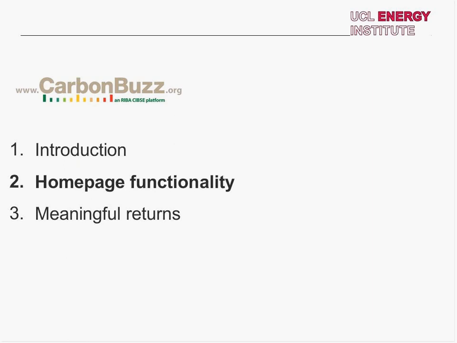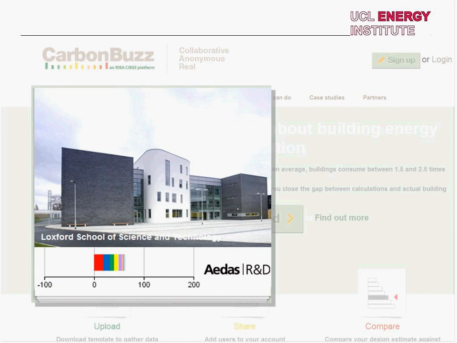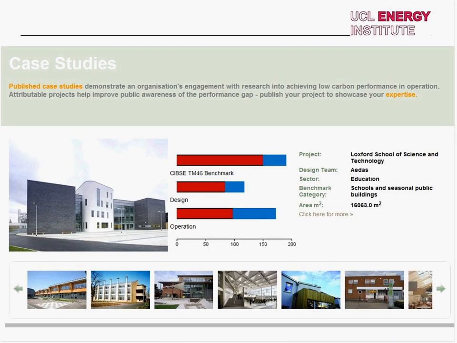So I'd like to now move to the homepage functionality. We've done the homepage quite recently, so that before you log in, there are a number of things that you can actually do. The first is to look at some of the case studies which simply revolve on the front page and go into more detail on those to see the design energy predictions, the actual energy use in comparison with the CIBSE benchmark targets,